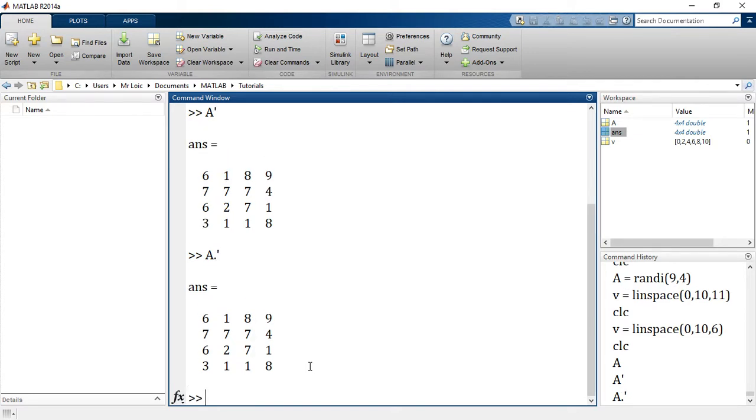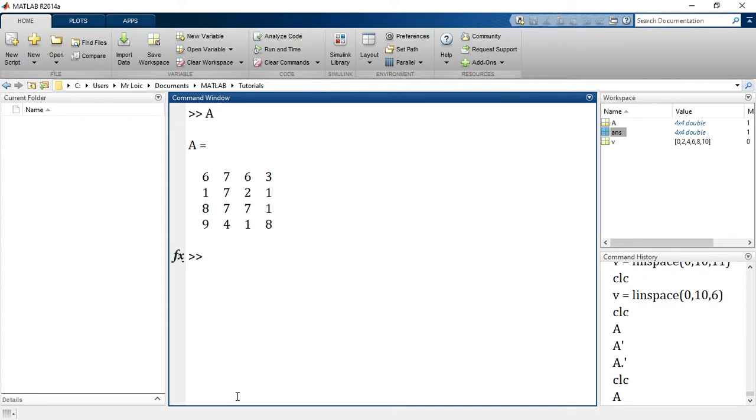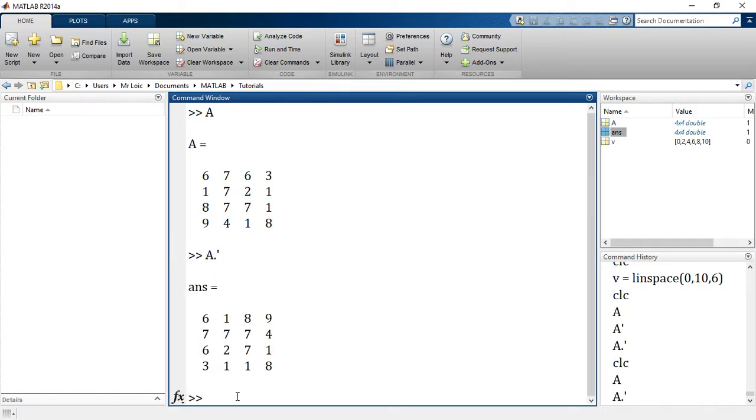It gives the same answer, but this will not disturb you when it comes to complex numbers. You will always have the expected results. So I'll advise you get acquainted with this dot apostrophe rather than simple apostrophe. Now let's look at the matrices again to compare the results and understand what this does exactly.